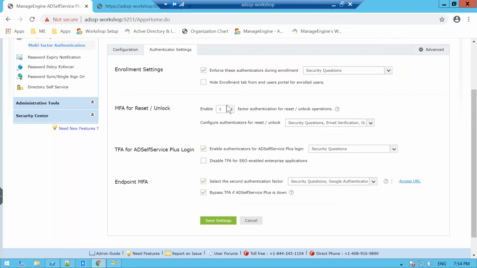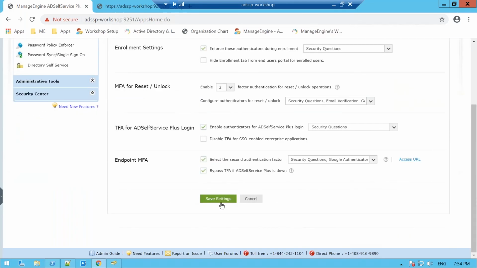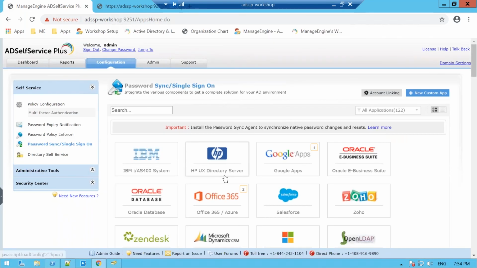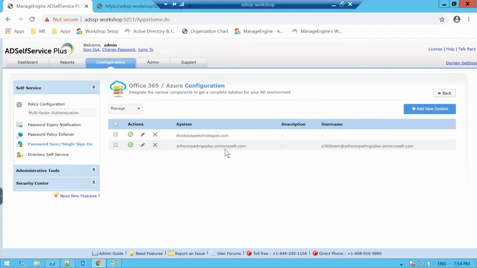So this is in terms of authentication, different authenticators for different venues, if I can put it that way. But today I'm going to focus on multi-factor authentication. I'm going to walk you through how users can authenticate their identity with the said authenticator. So let me pick enable two authenticators, and I'm going to set security question answer as mandatory. All right. Now, once this is done, let me quickly save these settings and jump to password sync or single